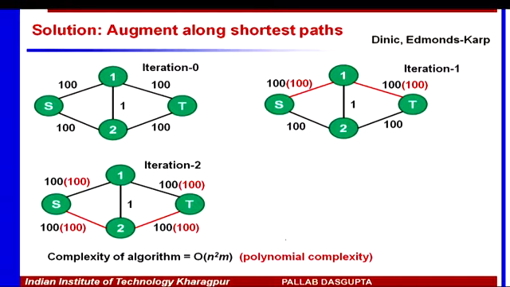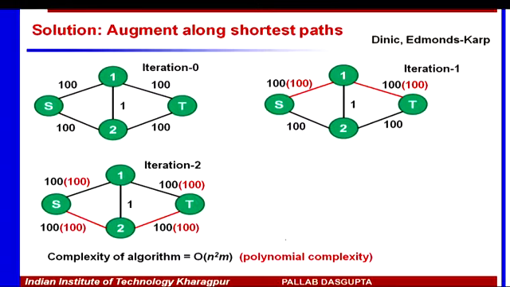They found out that if you choose to augment along shortest paths, and here by shortest we mean minimum number of edges, not looking at the edge capacities, minimum number of edges. So from S to T, the shortest paths are S1T and S2T. These are the two shortest paths. If you augment along shortest paths, then the number of iterations will go down from pseudo polynomial to polynomial. That is what is happening here, at least,